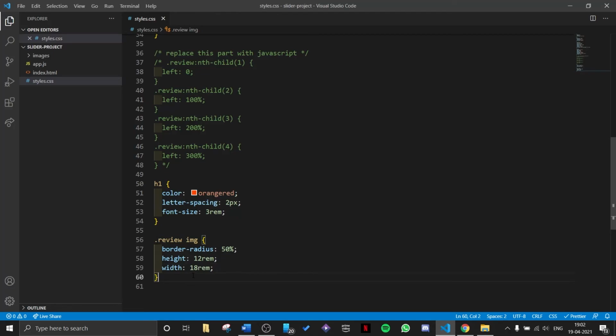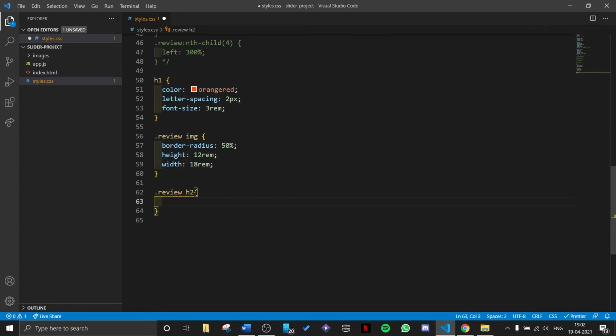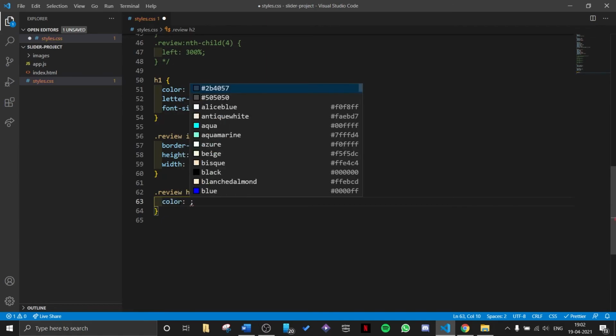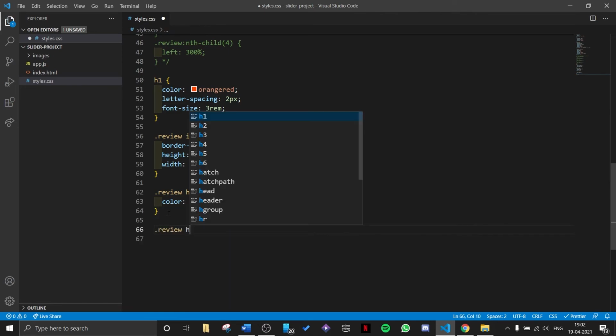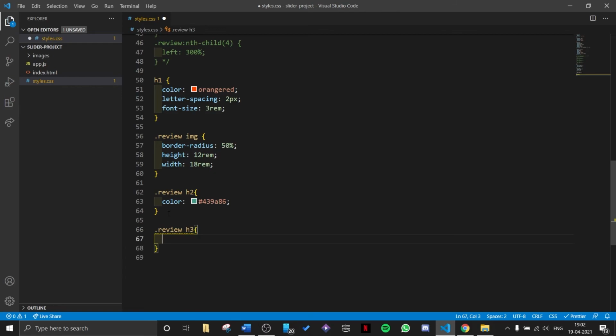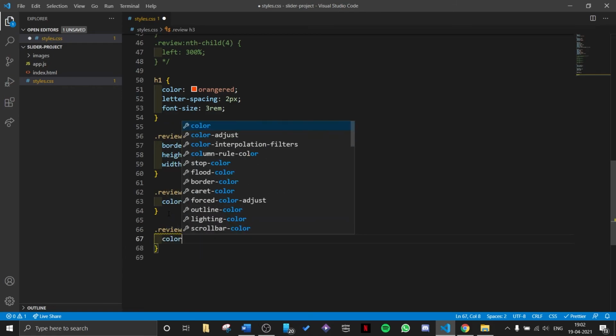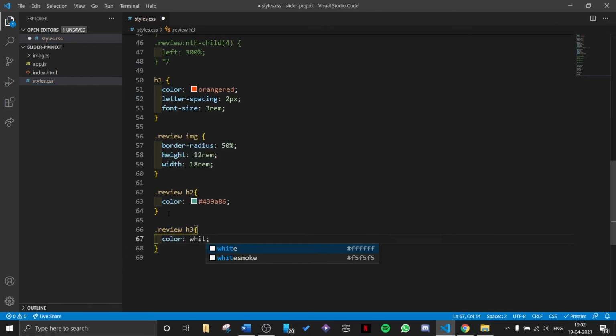So after image, I would like to style my heading 2, which is the name of the person, and I will just give this a color of green, some shade of green, I don't know. I had this color code saved from another project. Then I will target the h3, which is the designation of the person, and I will give it a color of white.